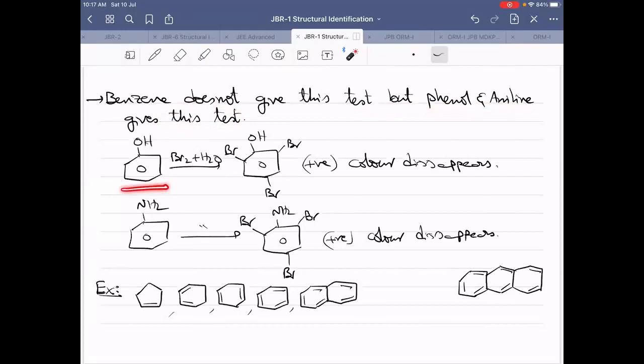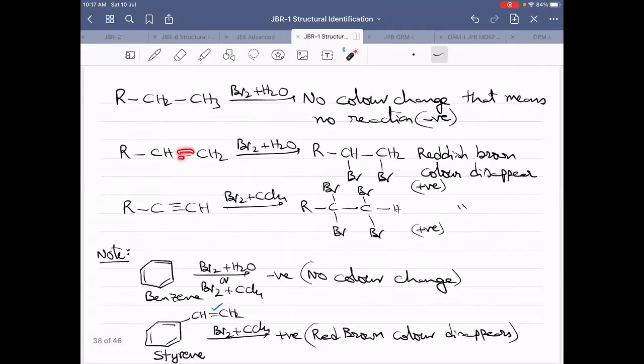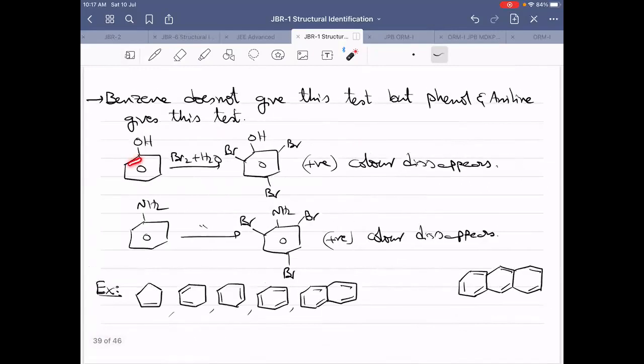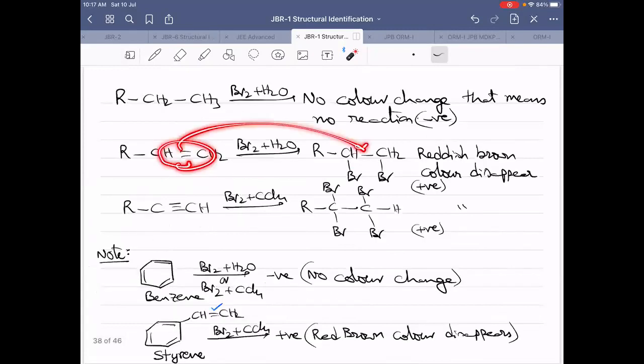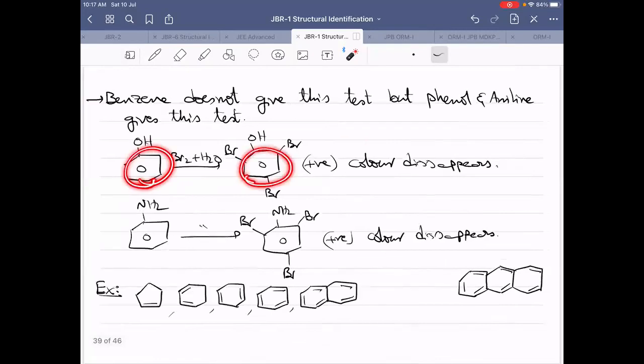See, when phenol is added with the bromine water, some different type of product is formed here. See here, whatever double bonds are there, that double bond is getting converted into a single bond. But still, whatever double bonds are present here, they are still present in the product. Understanding or not? So can you agree that the reaction is happening in a different manner? Here, an unsaturated compound is becoming a saturated compound, but here unsaturation is still maintained as it is. But then also you are calling it a positive test.